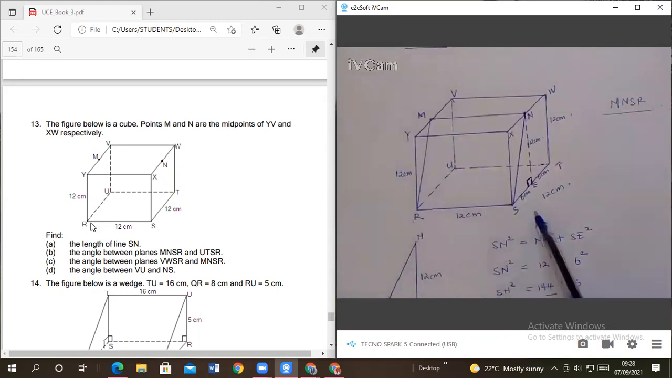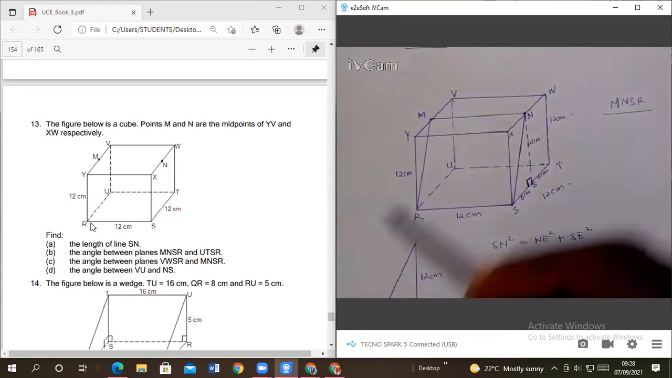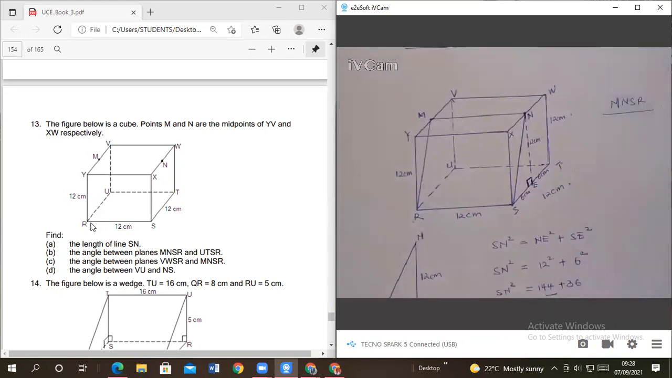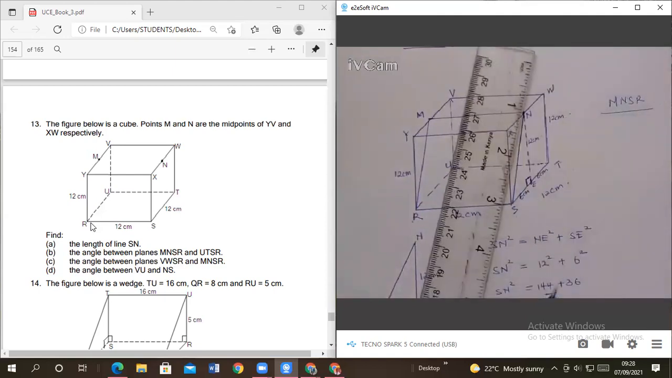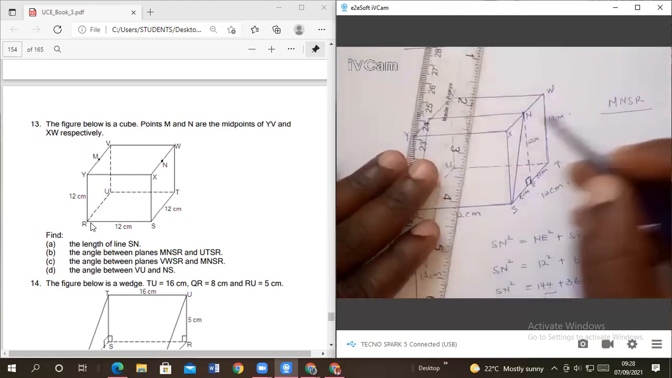RS. They're saying UT, S, and R. So it is this plane at the bottom. This plane at the bottom. Now, what's the angle in between? So what we can do is we can draw, first of all, a line that bisects